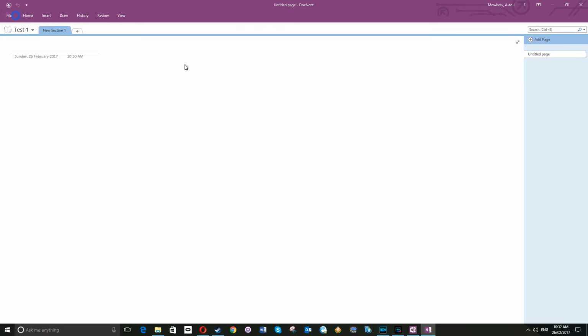So here we go. Here's our new notebook, test 1. Here's our new folder in our notebook, or what I like to call a section, and here's our first page. So on our section, or our folder as I like to call it, it's called new section 1. If I type where the cursor is now,